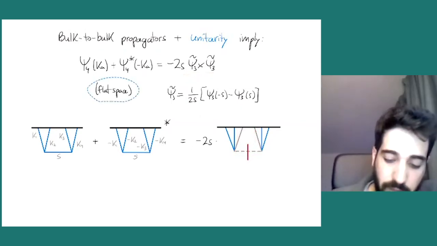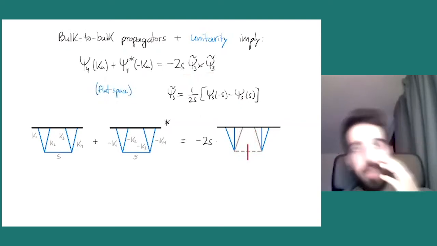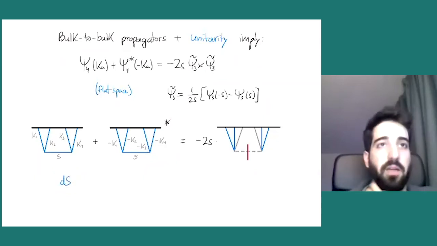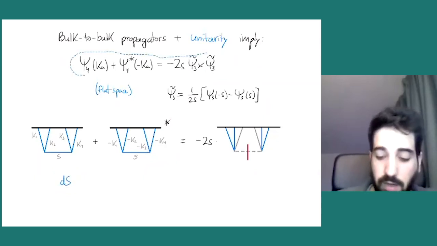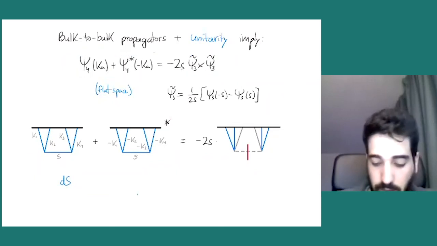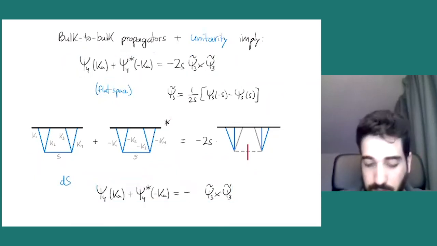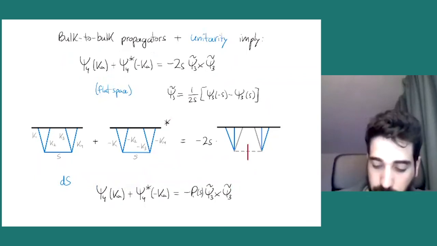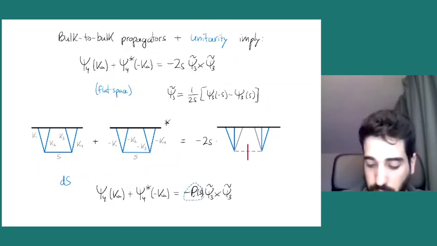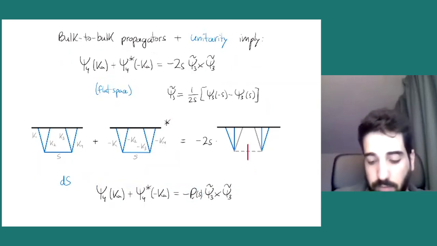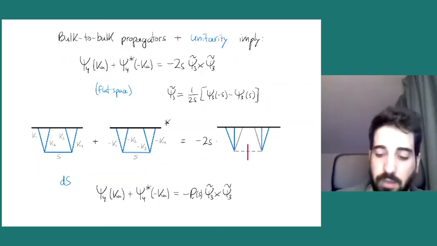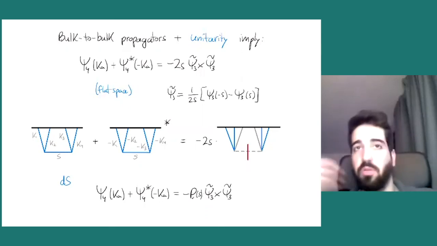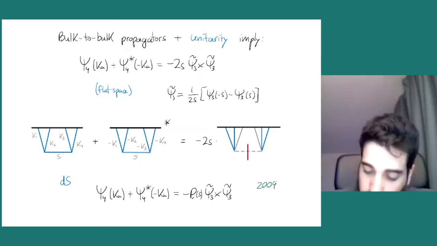So this is for flat space, but again, the thing kind of generalizes well to de Sitter. And in de Sitter, we have a very similar expression. Actually, the left-hand side is the same. It's just that in the right-hand side, you have a power spectrum. This is the 2-point function of the field that runs in the internal line. So just a minor modification. The spirit of the rule is the same. This is the so-called cutting rule or cosmological optical theorem, and this was found by